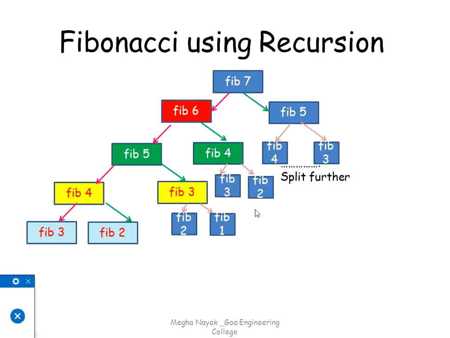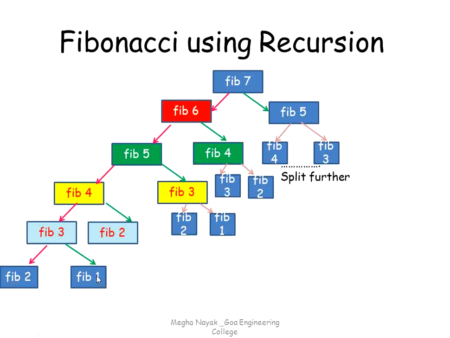You have to go on splitting it till it splits no further, until you come to a final answer. So obviously fib of 3 will be split further, fib of 2 has a final answer, right? For example, you can see here this fib of 3 is split to fib of 2 and fib of 1. Similarly, it will be done here. Similarly, you can do the splitting here. Here I have just written split further because I want you to concentrate only on one side at the moment.